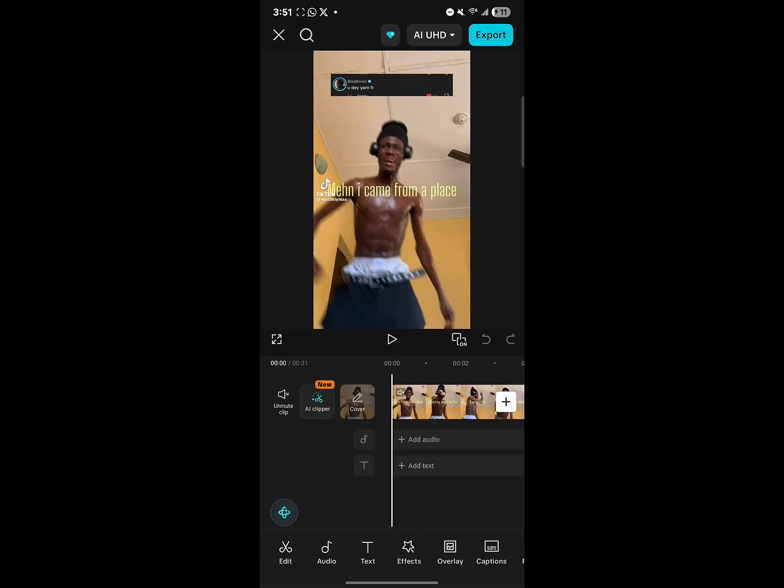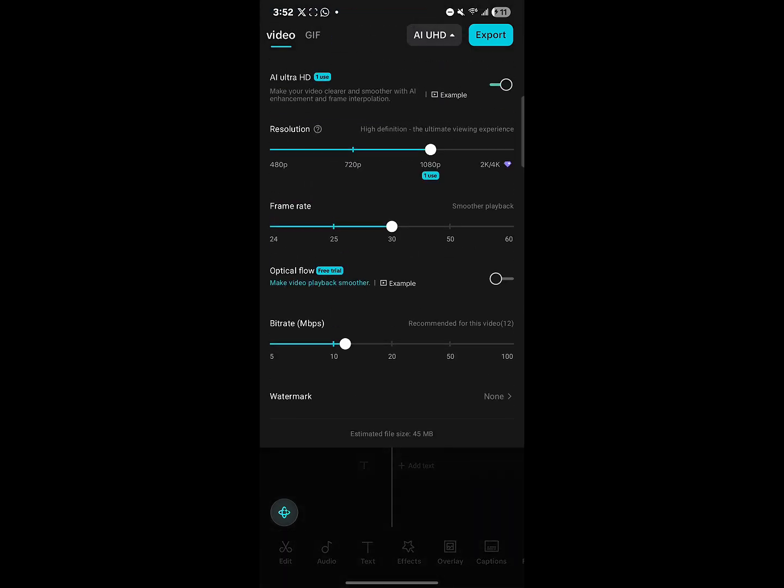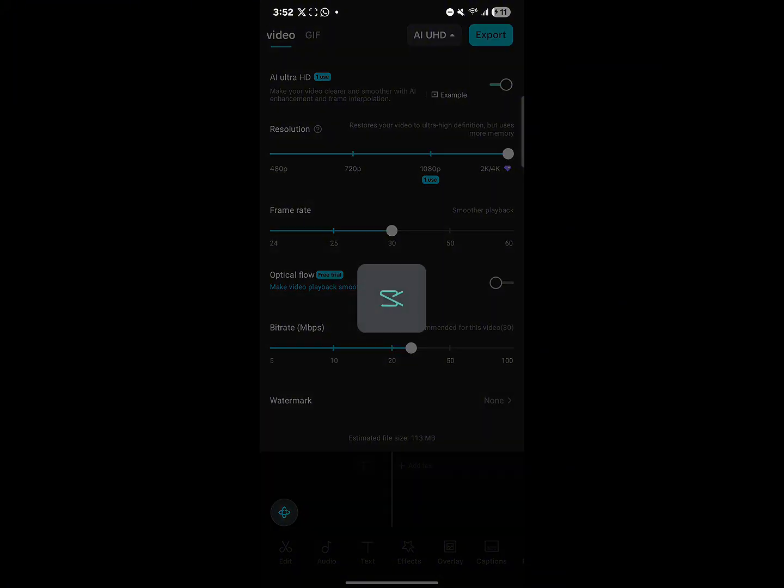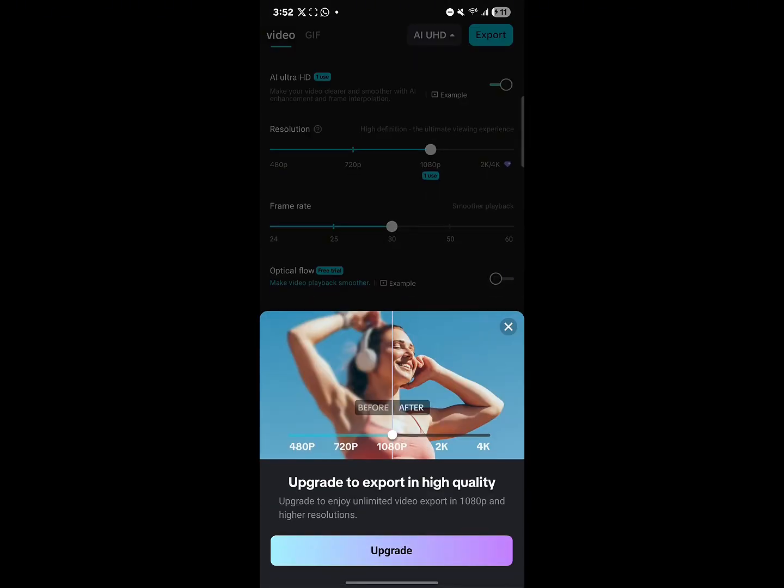So let's say you're done editing, you're done putting in the music, the text, and everything you need. All you need to do here is just go ahead and click on the icon that says AI Ultra HD. Click on this option. Once you have, go ahead and set the resolution to 2K or 4K. Now, with some versions of CapCut, you did have the exclusive option of setting it at 2K or 4K, depending